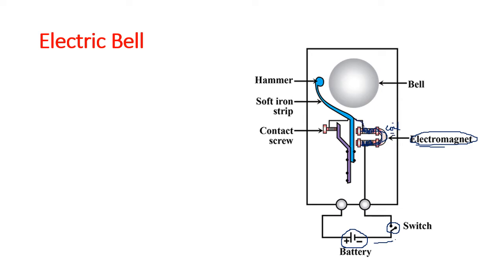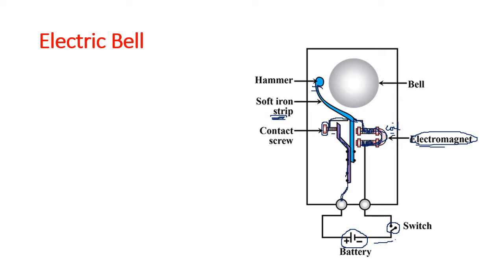Then the wire continues, and there is a soft iron strip. It is touching the iron strip. There is a hammer here, but we'll see the wiring. The wiring is touching the iron strip. The wiring continues, and there is a contact screw here. The screw is adjusted in such a way it just touches this strip. So there is a soft iron strip, and this is also the iron strip which is put together. Okay? So this soft iron screw, the wire is coming here, and this is how it touches the circuit.